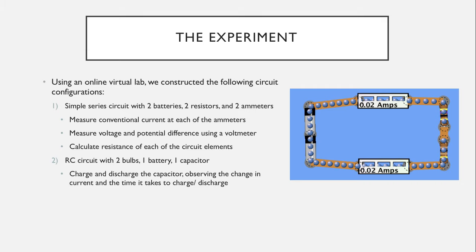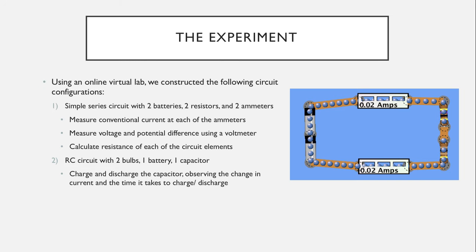So using this online virtual lab, we're going to construct a couple of different circuit configurations, and that would be first a simple series circuit, and we're going to make measurements of the current and voltage using ammeters and voltmeters, and then calculate resistance of each of the elements. And then we're going to create an RC circuit with 2 bulbs, a battery, and a capacitor to charge and